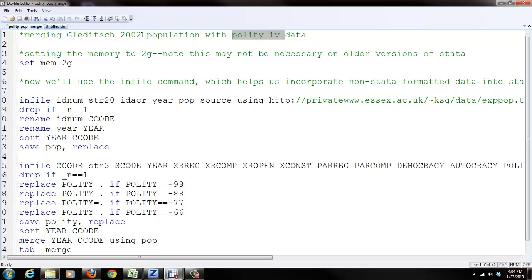The Gleditsch 2002 data has a lot of important structural and macroeconomic variables like population for a country, as well as its GDP and GDP per capita. Often we'll include these variables in our models as controls because they're very important to include to preclude omitted variable bias. Polity 4 is very important because it has a lot of specific variables that pertain to a country's political